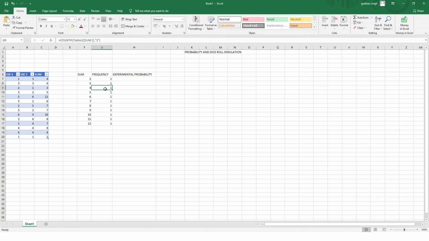Same way for 4, we'll change this to 4, and same way we'll change for 5 also. Then we'll change for 6, so this 2 will be replaced with 6. So this will go on doing till 12, and for 7 this 2 will be replaced by 7